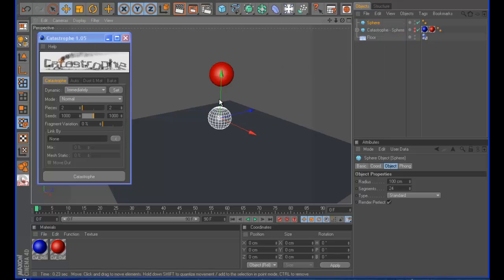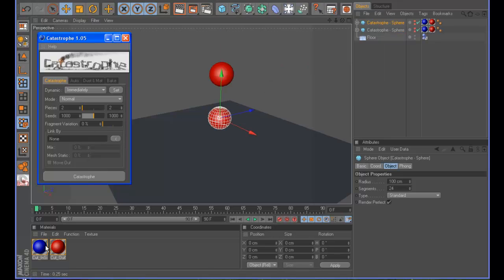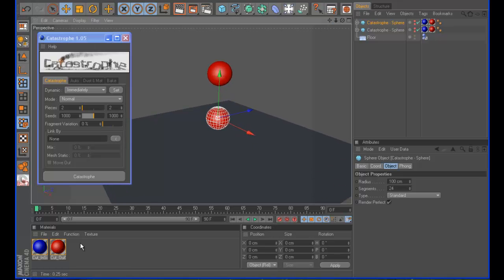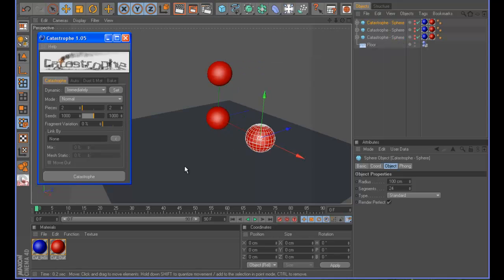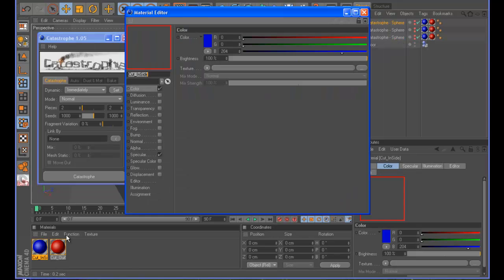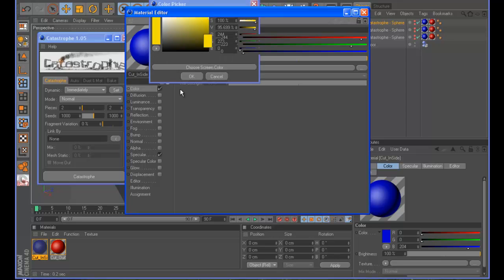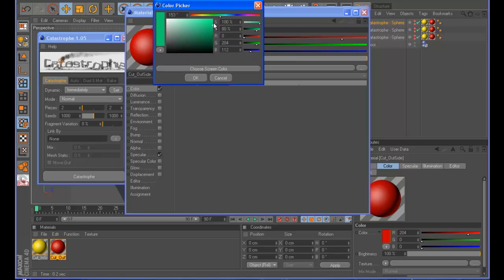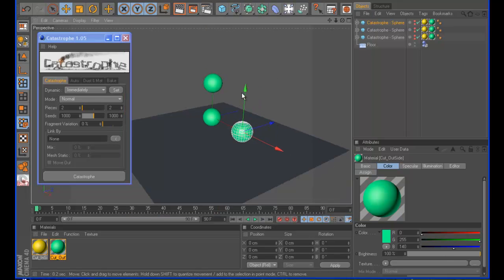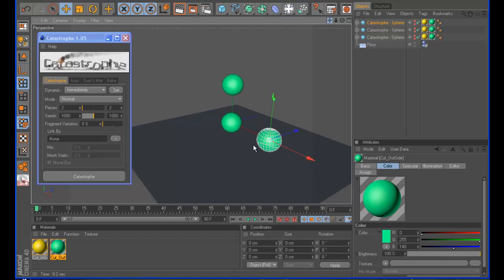But now if I click and make again, as you can see it does not make a new material. So this is good because now you don't have a lot of materials here. So I make another, and another thing you can do now is change this. For example, I want a yellow inside and outside green, and now Catastrophe uses these materials as before when it's